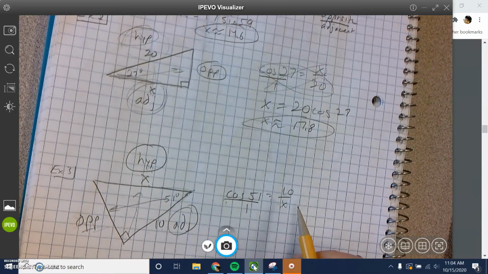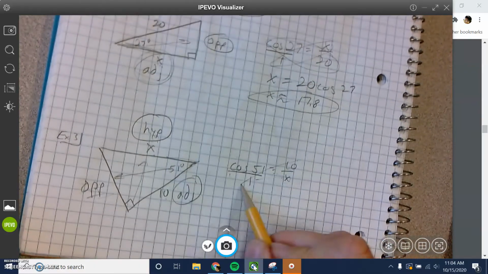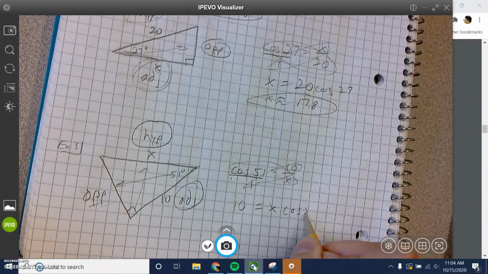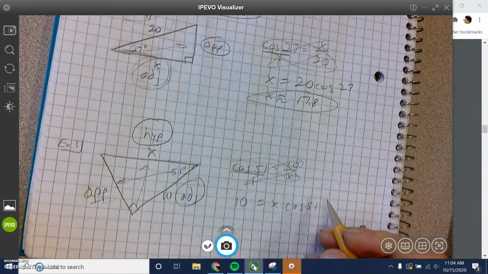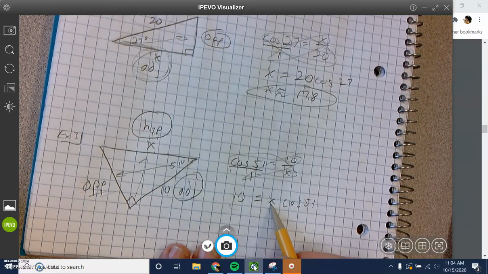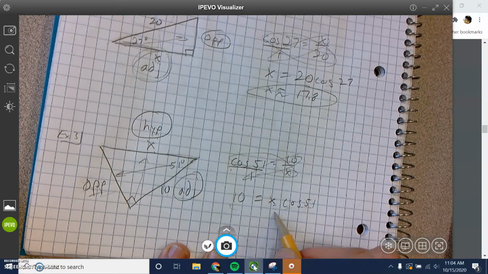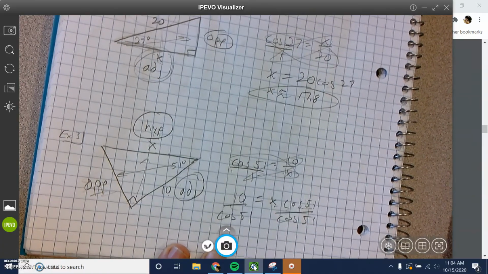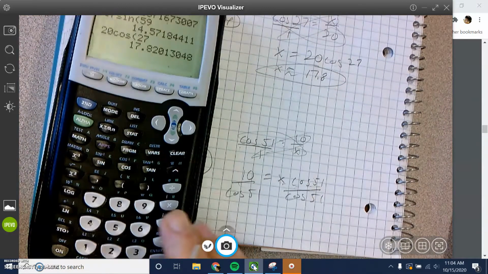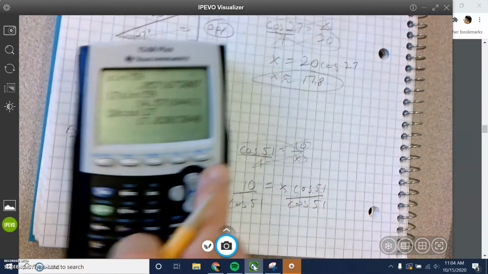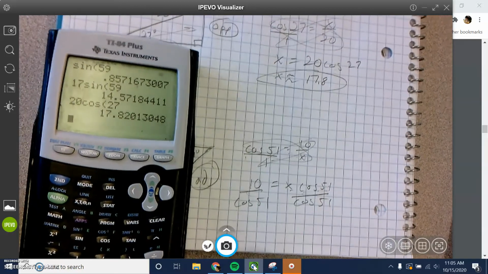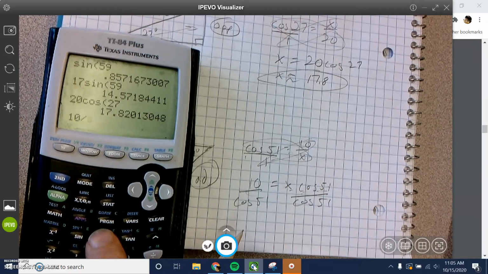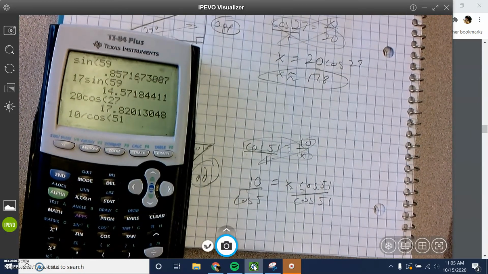So that's why we cross multiply. 10 times 1 is 10, and this is going to be x times cosine of 51, and cosine of 51 is a number. So if this were like 2x, I divide by 2. If this were 5x, I divide by 5, but it's cosine 51 times x, so I'm going to divide by cosine 51. Like that. So now I get my calculator or my phone. If you turn it sideways, you can get trigonometric ratios or whatever you need to do in order to get the right answer. So 10 divided by cosine 51 is